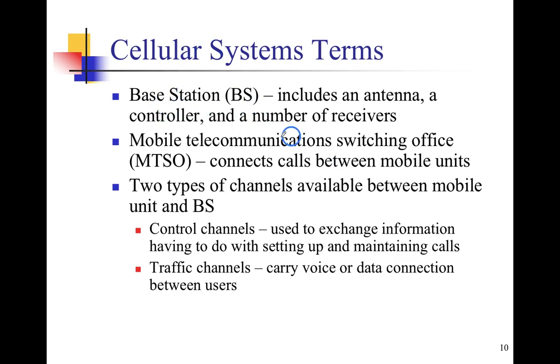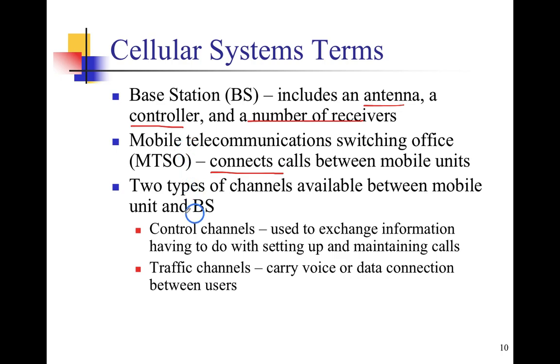The base station includes an antenna, a controller, and a number of receivers. So this is the base station. The components of the base station are the antenna, and there's a controller, which later on we will learn about, and then a number of receivers, which are the users. The mobile telecommunication switching office, or MTSO, connects calls between mobile units. So this is the responsibility of the